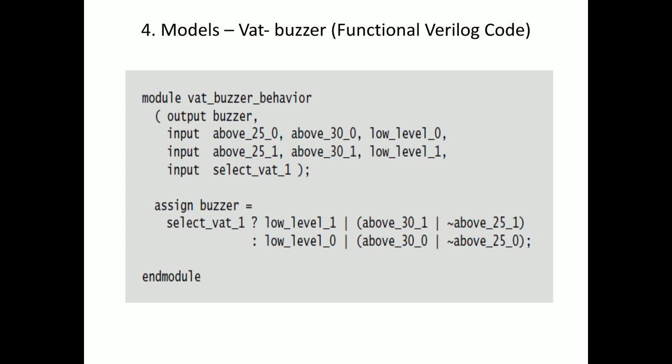There is no need to write the multiplexer in a separate Verilog file. In structural programming we saw we need to explicitly write a separate Verilog file, but here there is no need to write a separate multiplexer Verilog file. Okay, this is somewhat simpler, right? This is about the functional style of writing the Verilog code, the behavioral style.